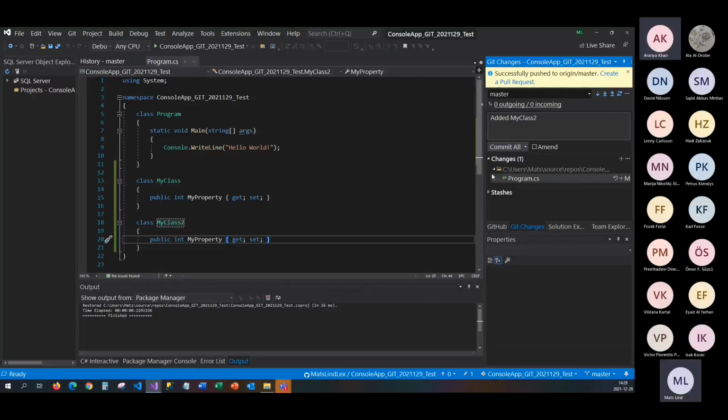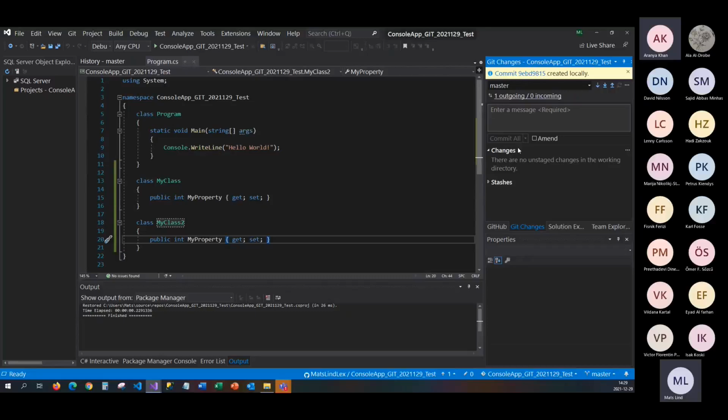I did my class 2, for example, and committing, and it's on this local repository, so I need to push it up to the server with this push button. This push button is available also in different places from the Git menu,